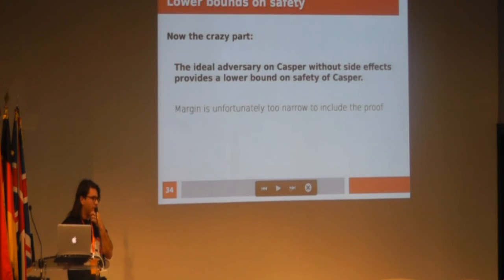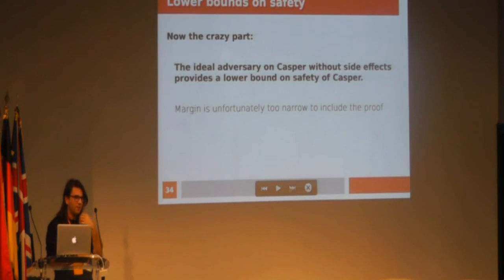So here's basically the crazy idea that is going to be this solution that I found to complete the specification and to satisfy the safety property for the consensus. Basically, it says that the ideal